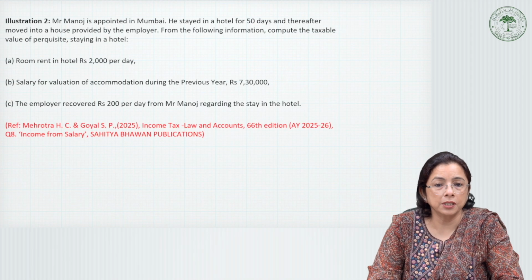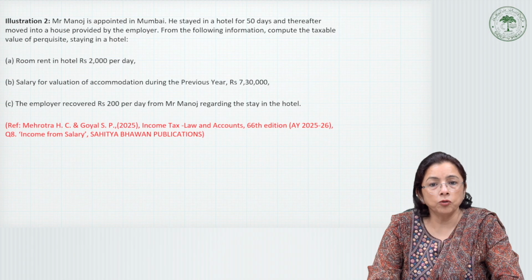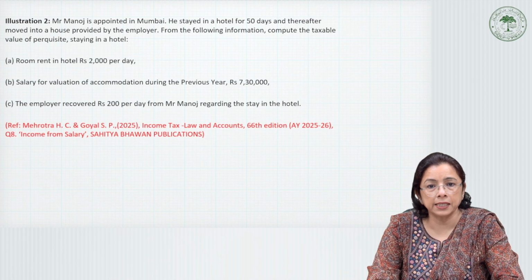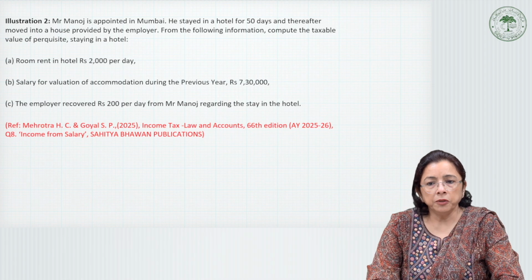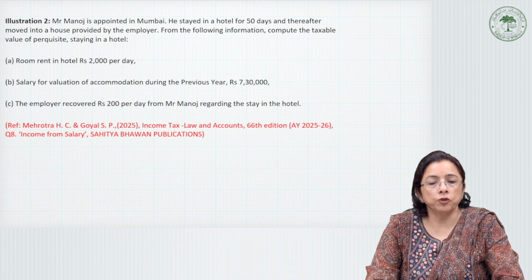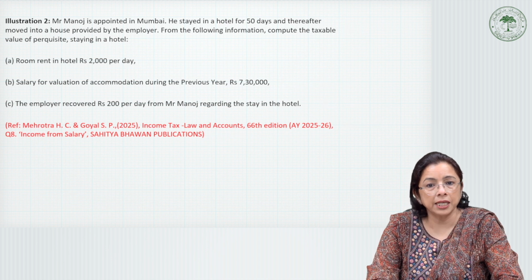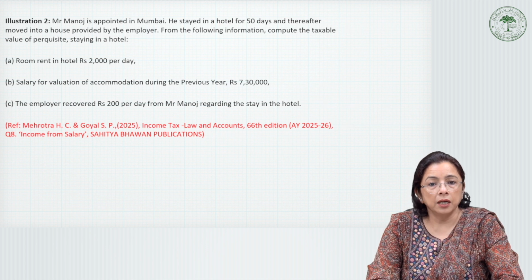So coming to this example, illustration 2, Mr. Manoj is appointed at Delhi. He stayed in a hotel for 50 days and thereafter shifted to a house provided by the employer. From the following information, you have to compute the taxable value of the perquisite if the stay in hotel is